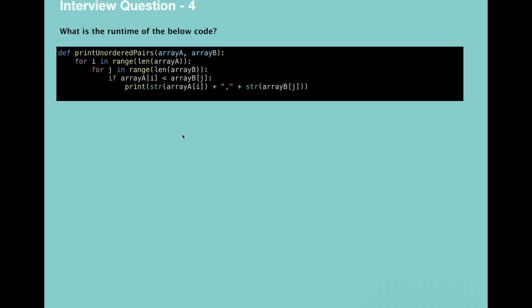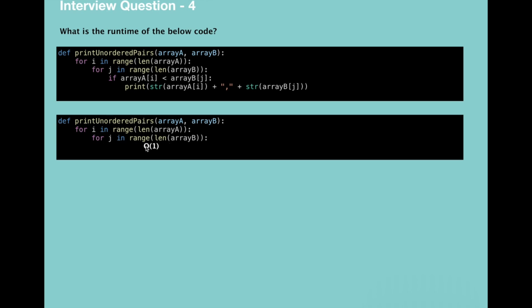Alright, hopefully you have found the right answer. If not, then let's do it together. So here, we know that the if condition over here is a constant time operation. So I can remove it from here and put it like this. I put constant time operation here. Now we can assume that B equals the length of array B and A is the length of array A.